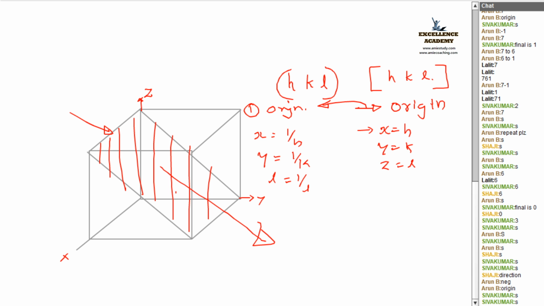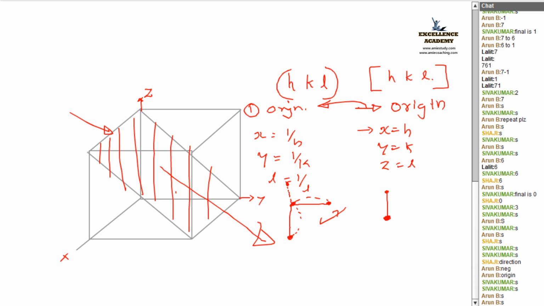And next is, while drawing the Miller indices for direction, what was my trick? My trick is that you have to start from the origin, and whenever you reach a point, you have to stay there with your pencil, isn't it? But here it is not like that. You have to start from the origin and plot the x-axis there. Then go back to the origin. From here, you have to plot the y-axis. Then again go back to the origin. From this origin, you have to plot the z-axis. That is the main difference. Clear to all?